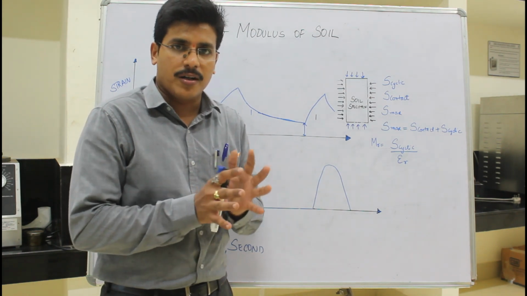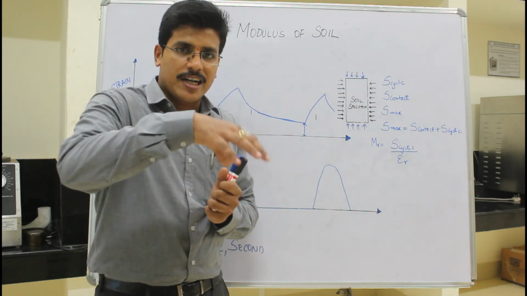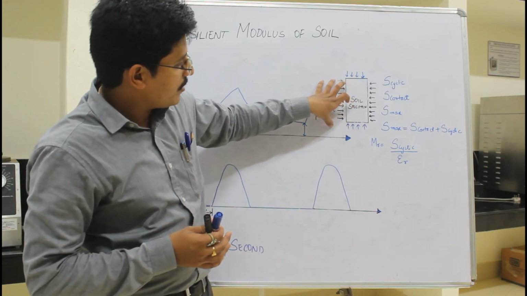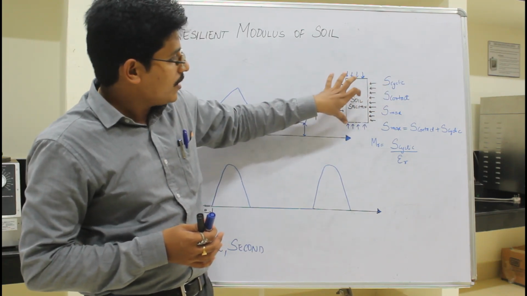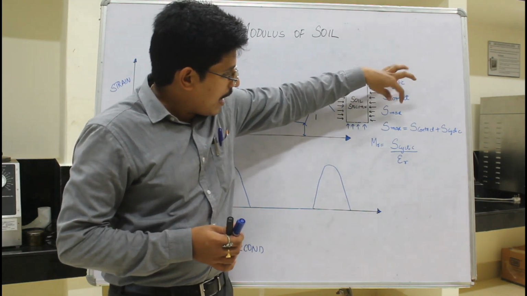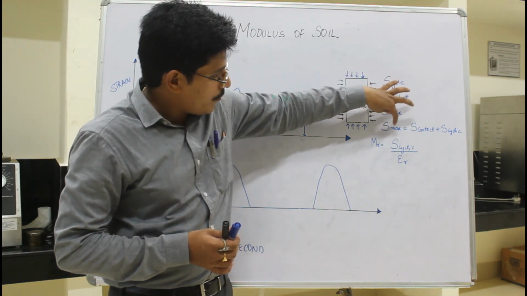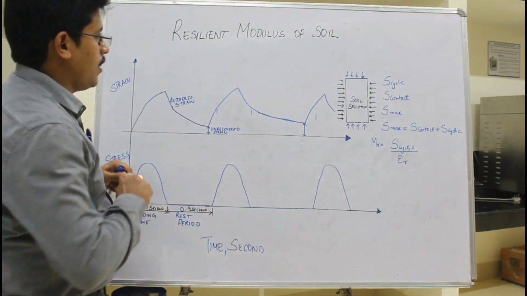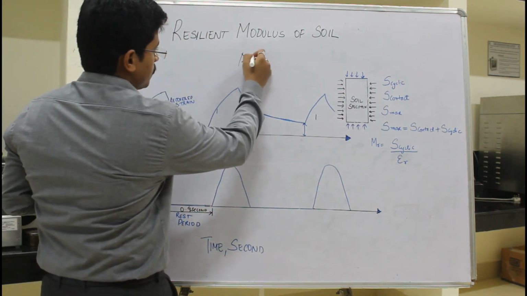This confining pressure will simulate the field conditions. This is the pavement field, so each point is confined by surrounding material. To simulate that, we apply these confining pressures. Then we apply S cyclic and S contact, and S max is basically the sum of S contact plus S cyclic. For this we will refer to the AASHTO